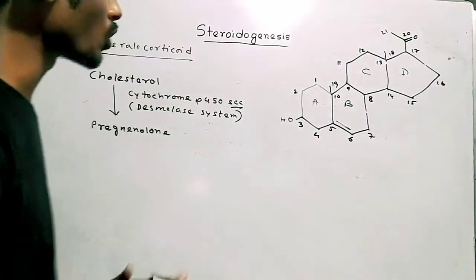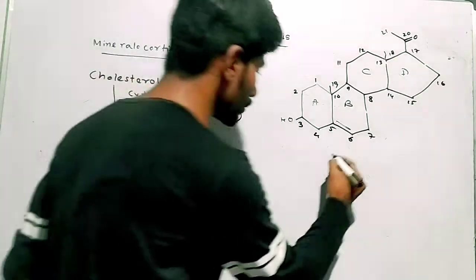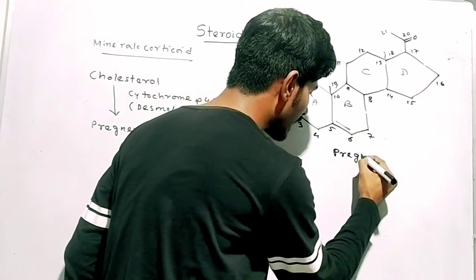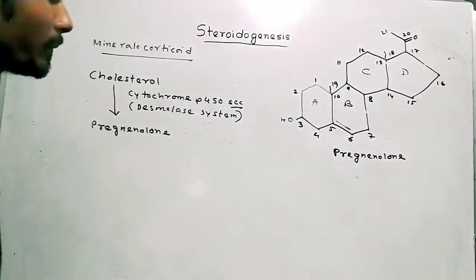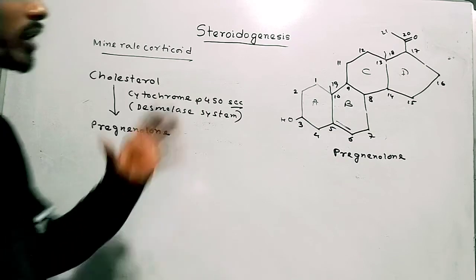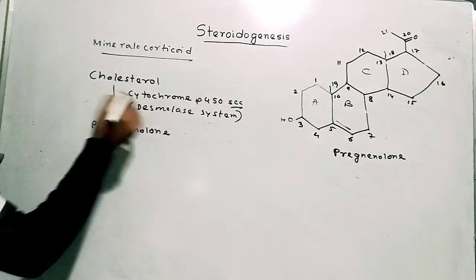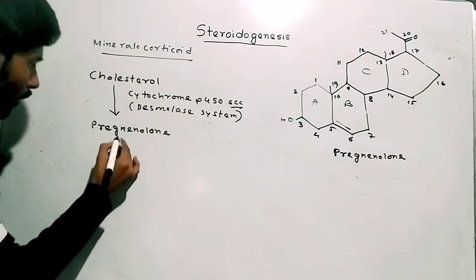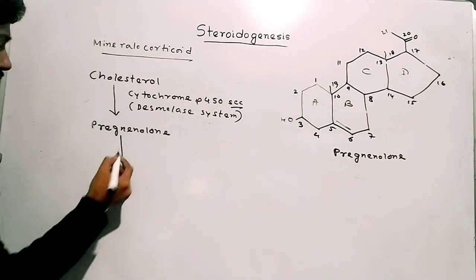And now it is not the cholesterol structure anymore, it is pregnenolone. Okay, so you can see that pregnenolone is actually a 21-carbon compound, and from pregnenolone, if we want to derive the mineralocorticoids, we have to go in this direction,